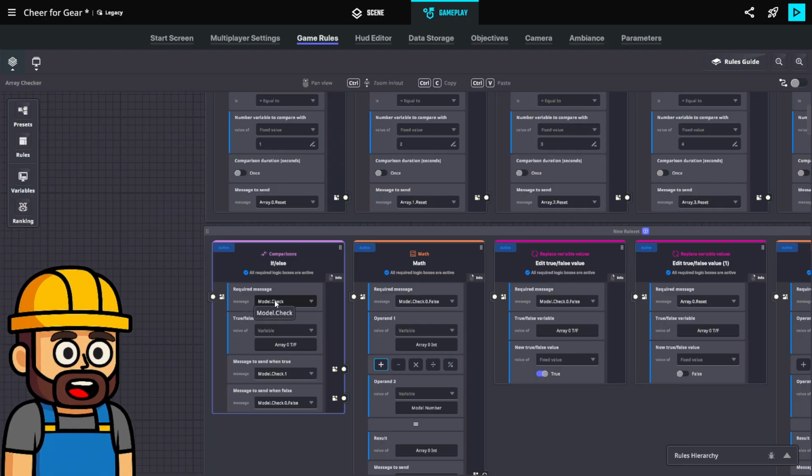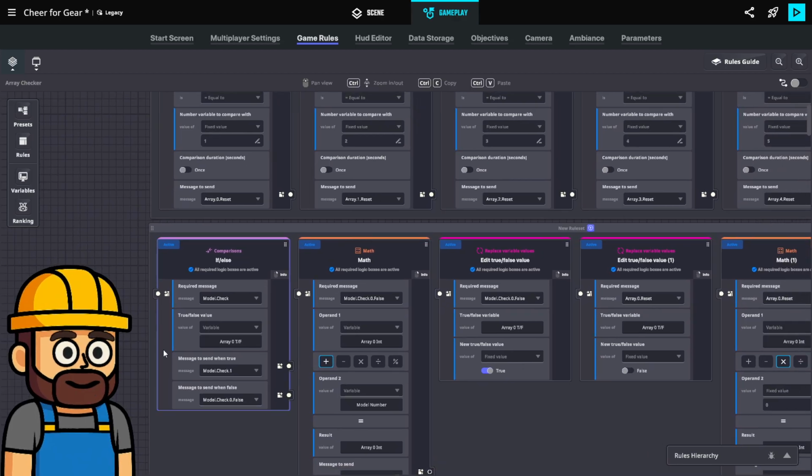So I sent model check out when we set up the unique number because I also wanted to set them up in an array at that time. But it's not going to work very good like that. So what I want to do is set up the model check when we're going into the portal.